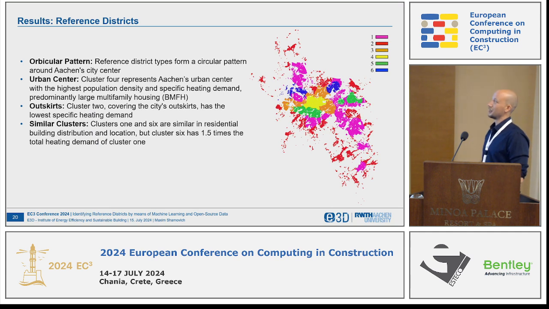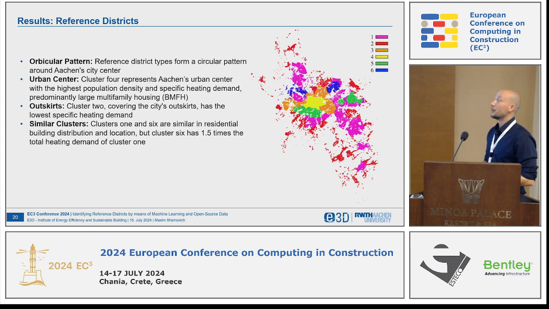So, what else can we see? That, of course, like the perception that we get evaluating this, regardless of the silhouette score, is that, yeah, it kind of makes sense. We have a circular pattern around the city center. If somebody visited Aachen before, or maybe will, it's very representative of how the city evolved over time. You have the big clustering in the center, where we have the multifamily houses. We have also the university, which doesn't have one campus, but many buildings in the center. And then on the outskirts, you have these almost little villages with single-family houses. That would be the cluster in red.